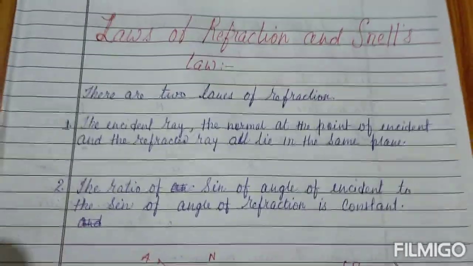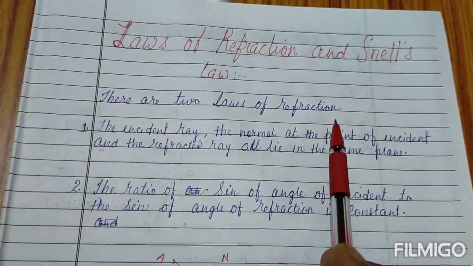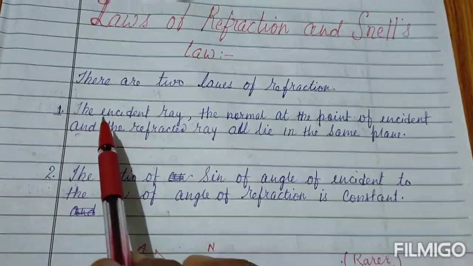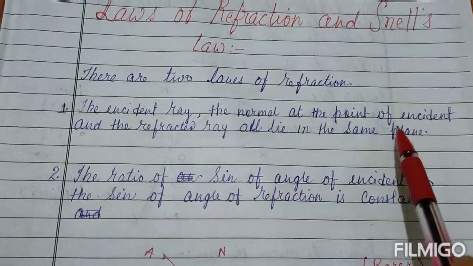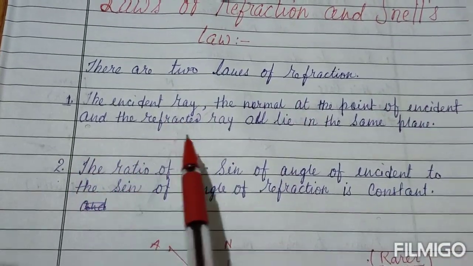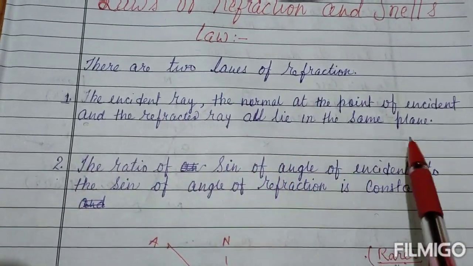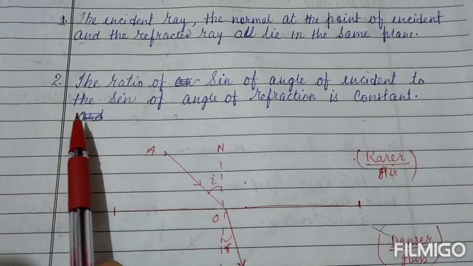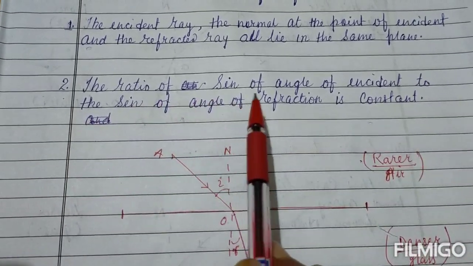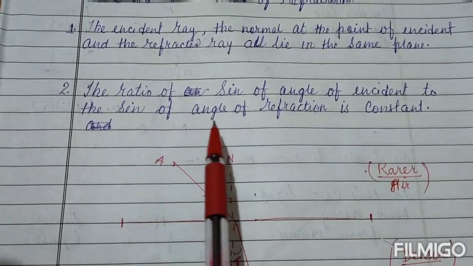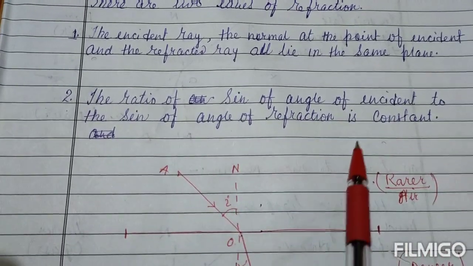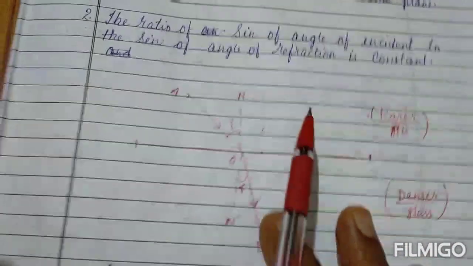Similarly, there are some laws for refraction also. The first law says that the incident ray, the normal at the point of incidence, and the refracted ray all lie in the same plane. And the second law is that the ratio of sine of angle of incidence to the sine of angle of refraction is a constant. Means that